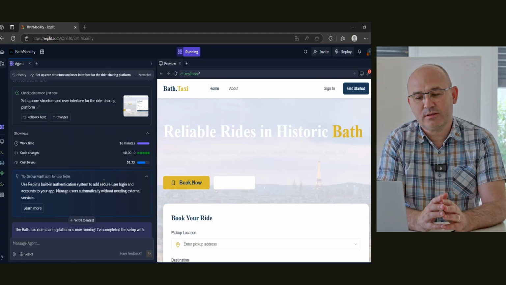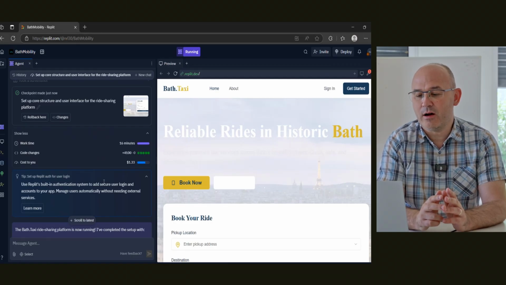Okay, so after about 16 minutes of work time, we see that the agent has finished its work. Approximately just over 15 minutes it's taken to set the code structure up and the user interface for the ride-sharing platform. There are 4,100 lines of code. And by the way, by way of estimate, we always used to say that in a day, we could reckon with about 400 to 500 productive, production-ready lines of code. Where I was first employed at IPL in Bath, we can see here already 4,000 lines of code generated in 15 minutes. The potential to generate lines of code is significant in a full day.